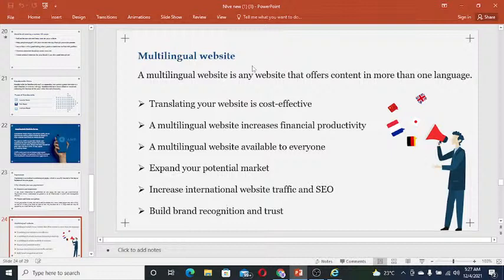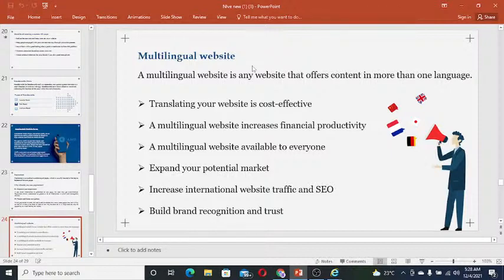So it is very important to have a multilingual website if you are targeting different countries and different people. A multilingual website plays an important role in your business growth. The advantage of a multilingual website is that it will make users of other languages come to your website by typing a particular keyword, and if your website shows up, they will definitely click it and read the content in their own language,